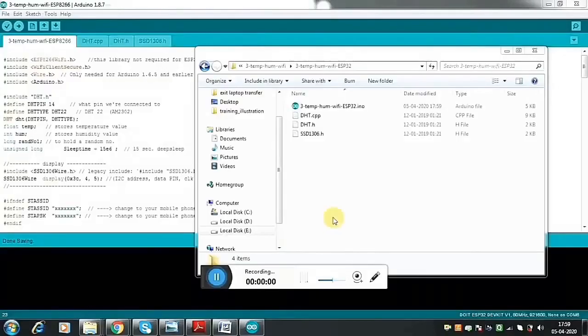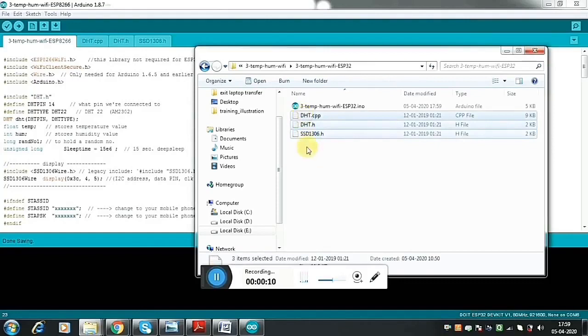Okay, so let us now get into the code. I'll show you the circuit later. Let us see the code first. Okay, so I have included the libraries required for this. These two are the DHT library, and this is the OLED library. If you don't get these libraries or it doesn't compile, you may omit the OLED and the DHT also, and you can only keep the random number and send it over Wi-Fi.